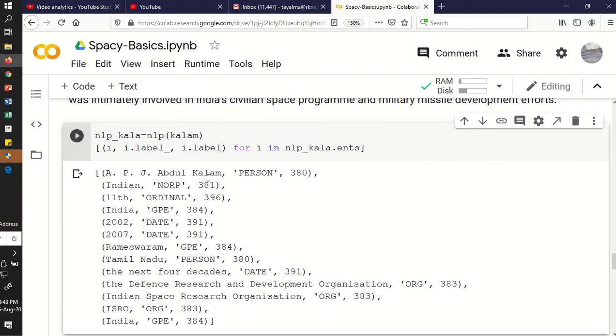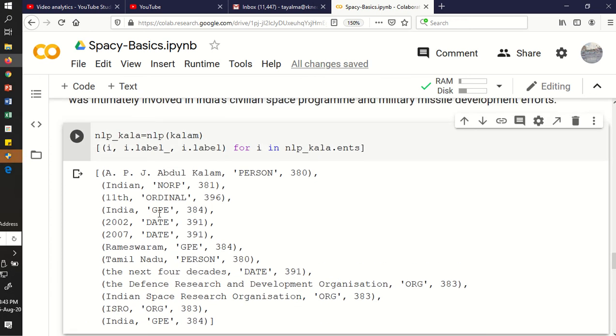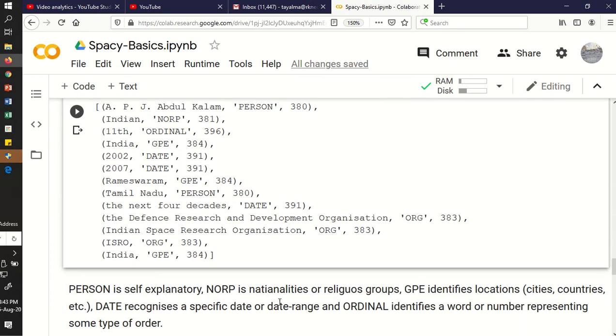So now you can verify the result of this one. You will be getting APJ Abdul Kalam as PERSON, then Indian as NORP, then ORDINAL, GPE, DATE and all this. Person is self-explanatory. NORP is nationalities or religious groups. So Indian here is the nationality or religious group.